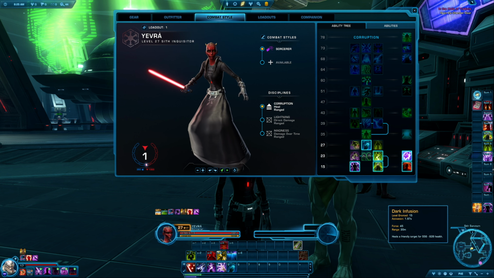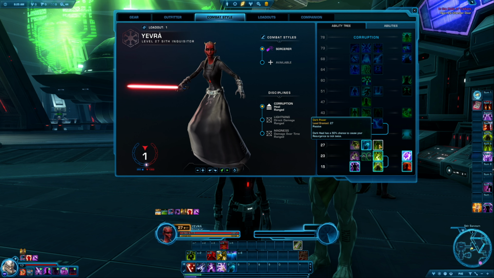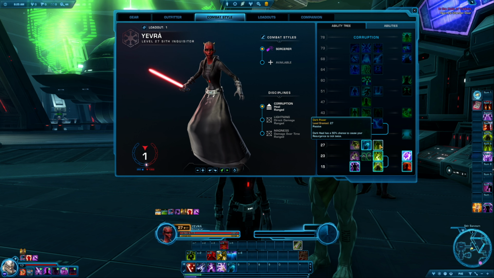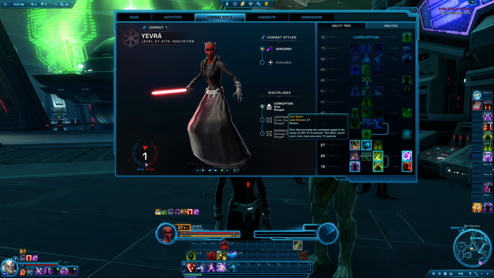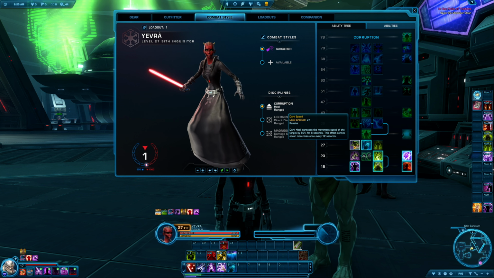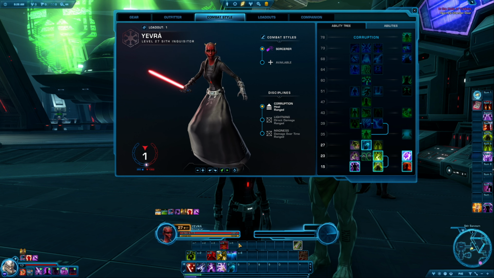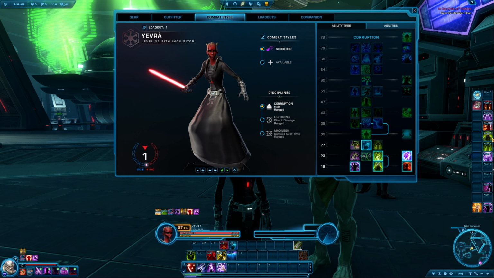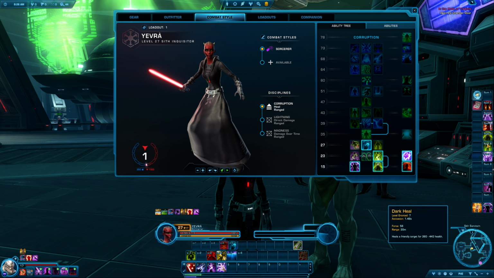Our Dark Heal, which we're not really using too often, has a chance to make our heal over time tick twice. Our Dark Heal increases the movement speed of a target by 50%. Interesting. You know what? I think I'll keep with Cloud Mind. We're not using Dark Heal too often